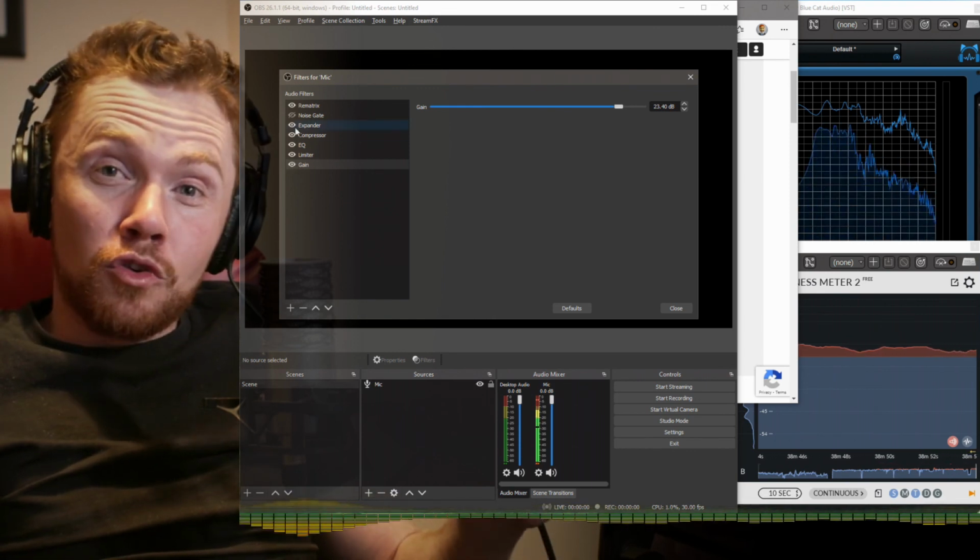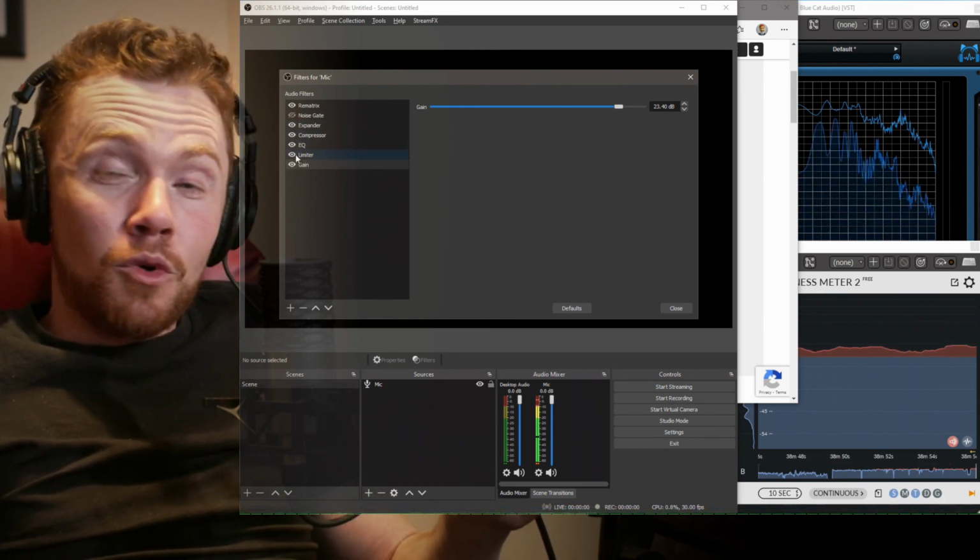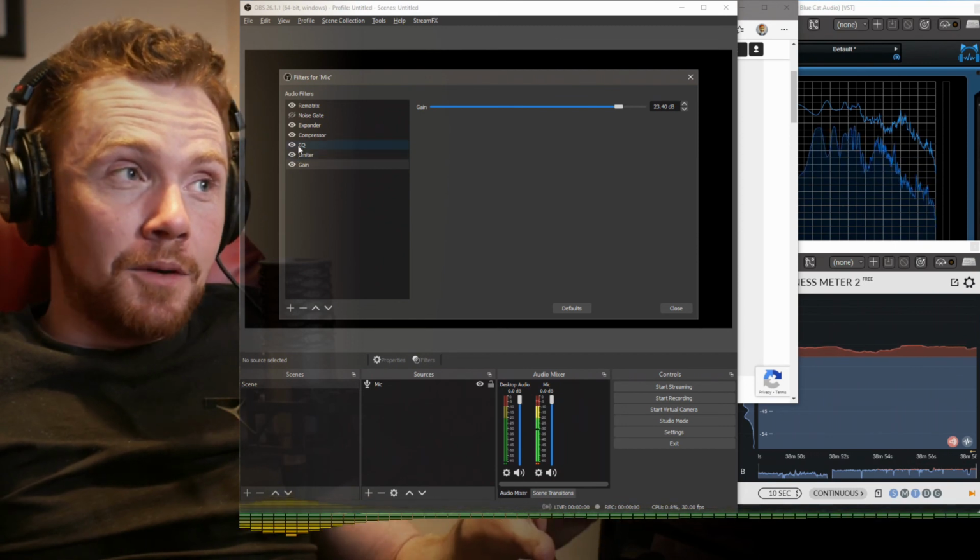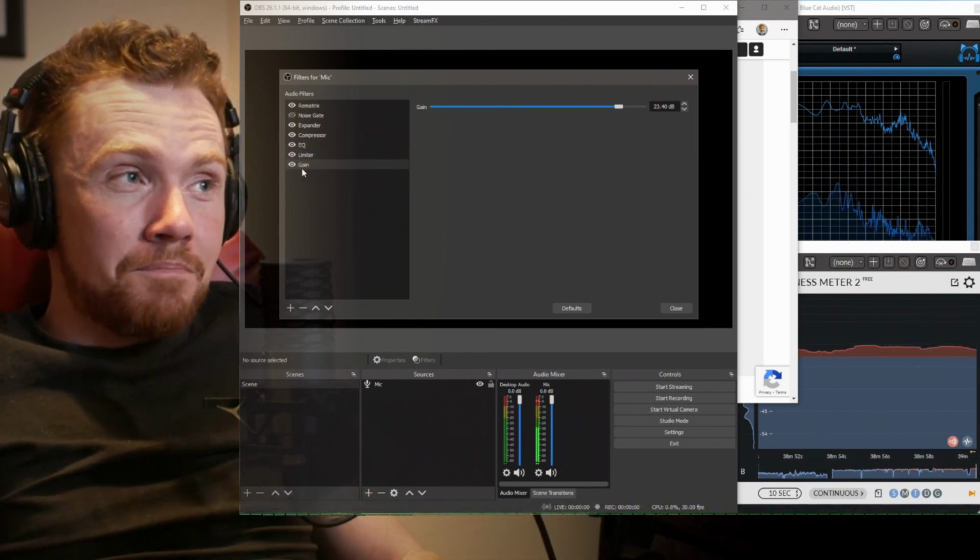You can do the gain earlier, and I would almost say that if your signal is too low at the start, then it's worth doing the gain at the start to get up to that higher level. But